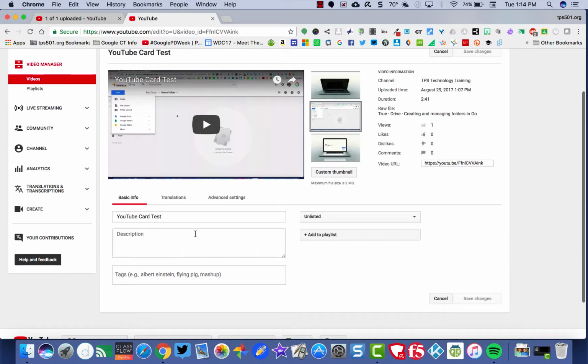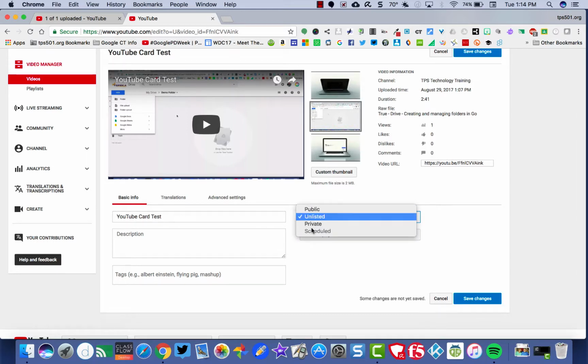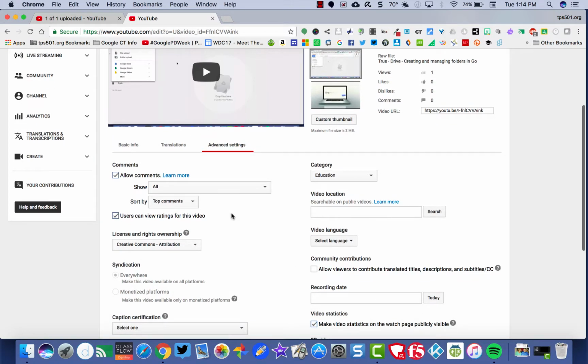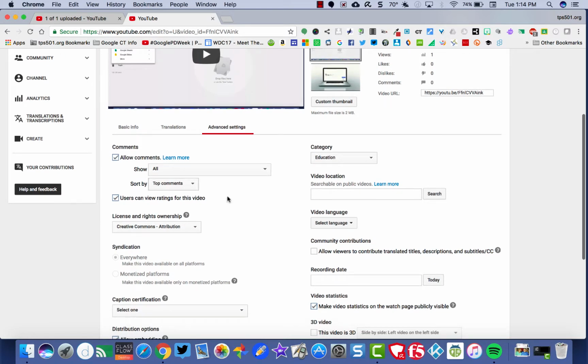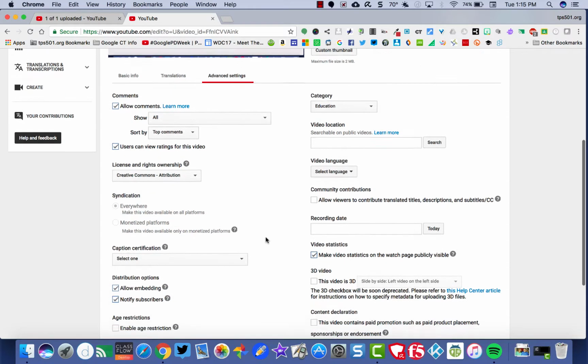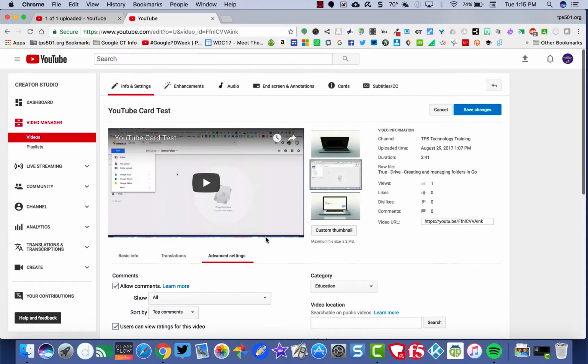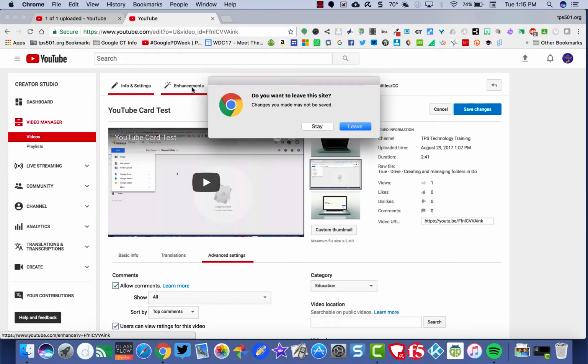So from here, you can change the title if you need to, change it from unlisted to public, add it to a playlist, add a description, add a tag. You can set the language or do some translating. You can also, if you don't want to allow comments, change the category, change some of the informational things about the video. Under Enhancements,